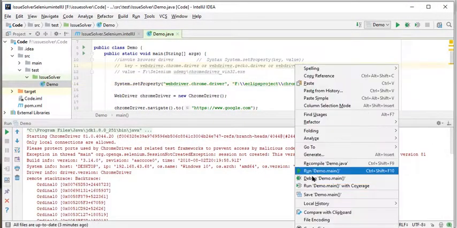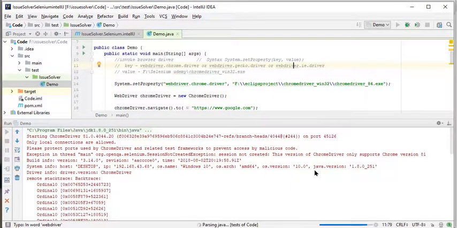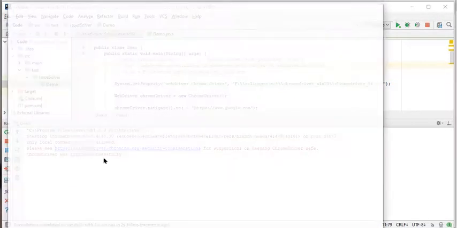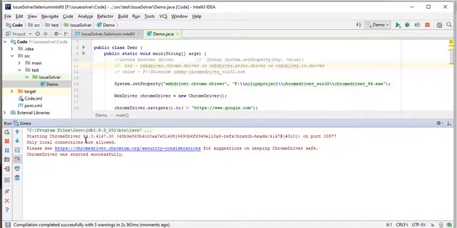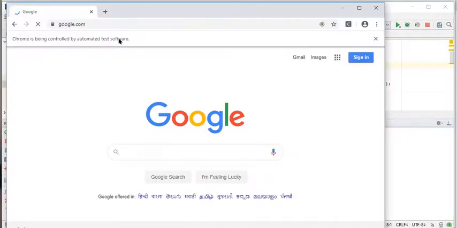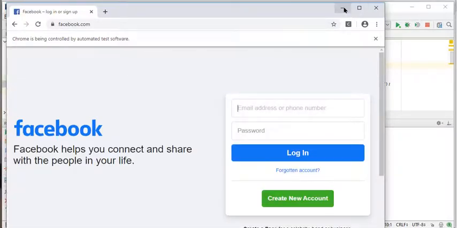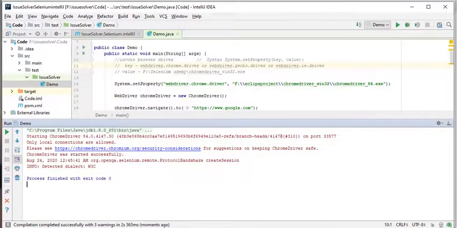Now I will run my code again. It starts the execution, and now you can see over here it is showing 84. My Google is also launched, and then the Facebook page is also launched. So our execution passed, and you got to know how to solve this version issue.